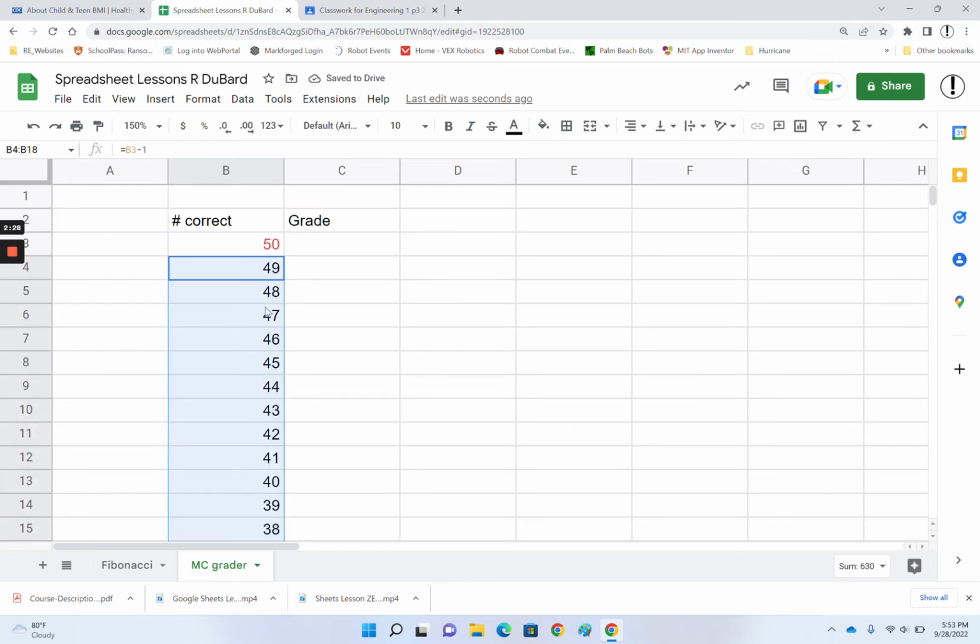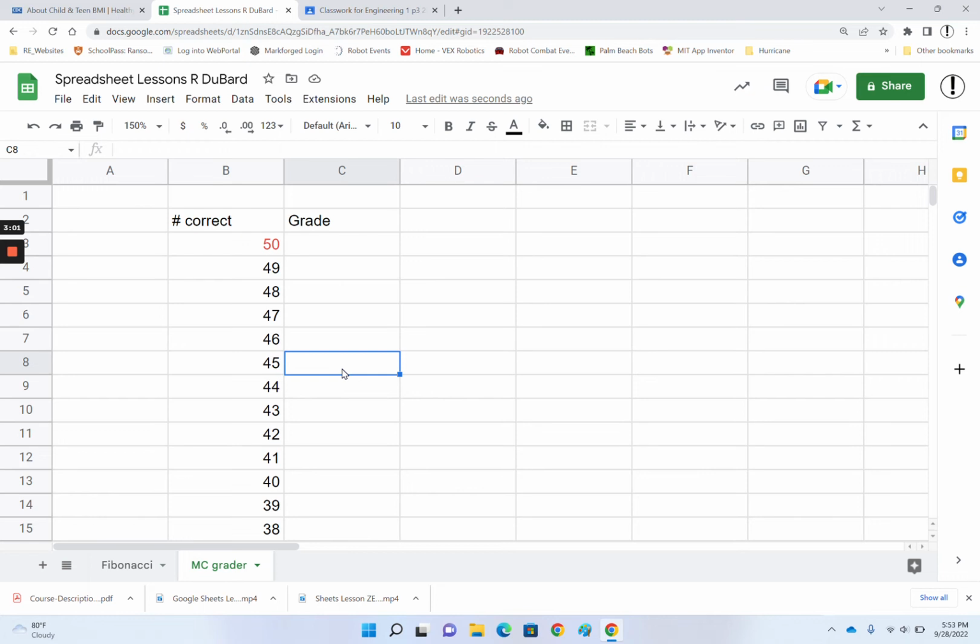So 48, 47, 46. What's great about this is if I had to throw a question out from the test, rather than just giving everybody 2 percentage points, which I wouldn't like to do because you didn't really earn it, I would just change the number possible correct to 49 and it would adjust downward. So the maximum number correct is the only parameter that guides the entire grading sheet. Now I'm going to skip down to this spot, and I'm going to keep 50 for now